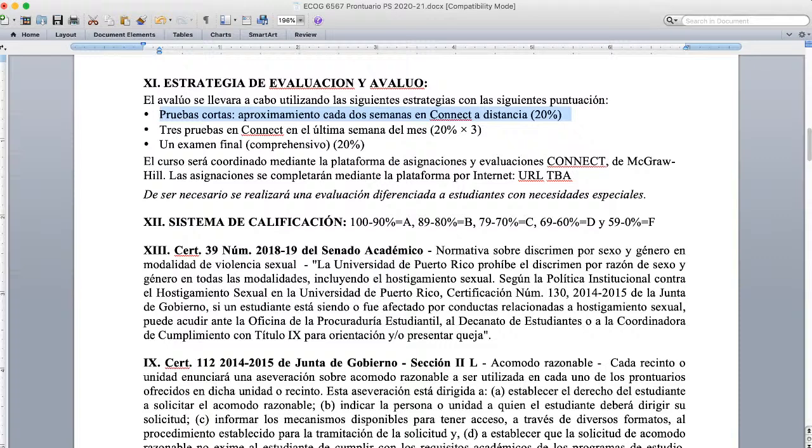There'll be 3 tests in Connect, and these are intended to be completed independently. And then a final exam, which should be completed also independently. So that's it. The test will be at the end of the month. And they will be